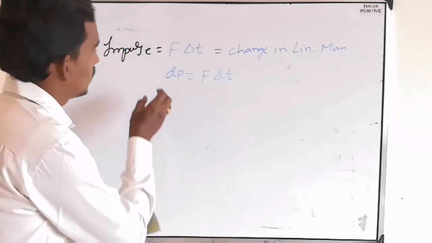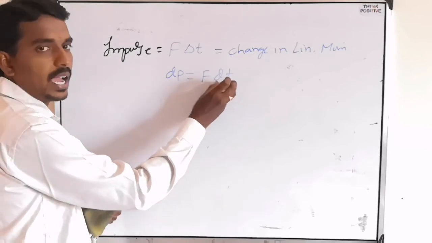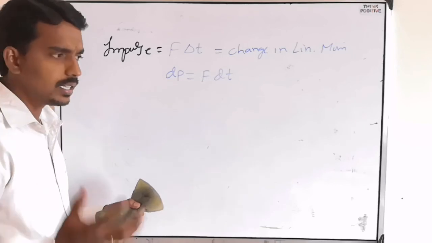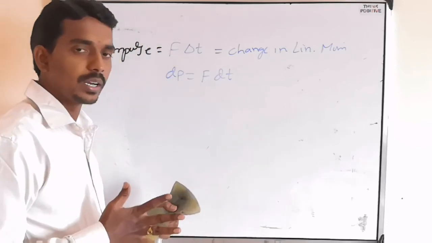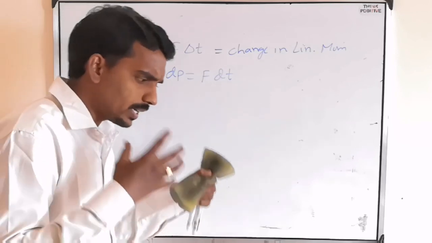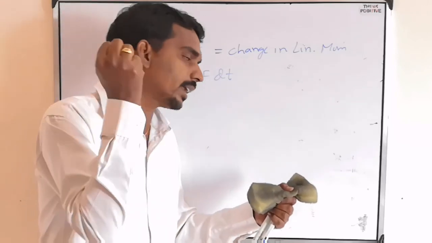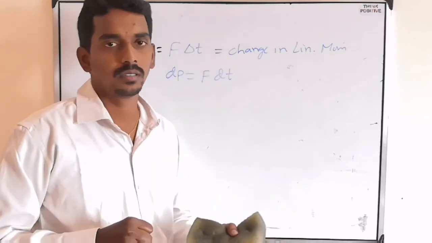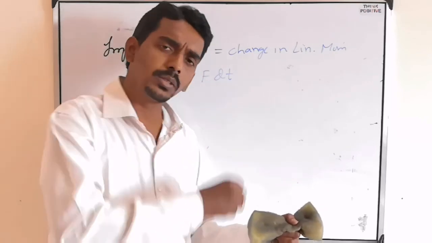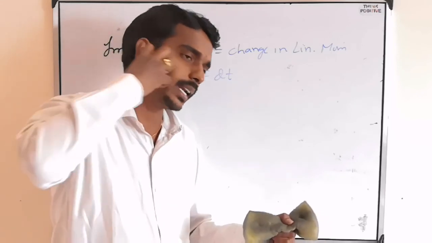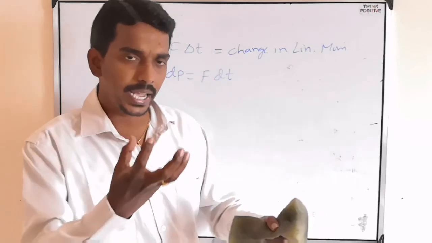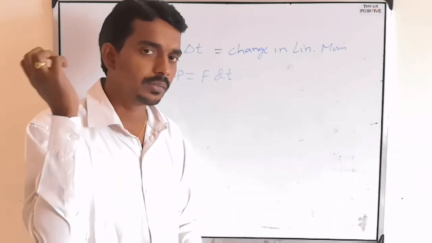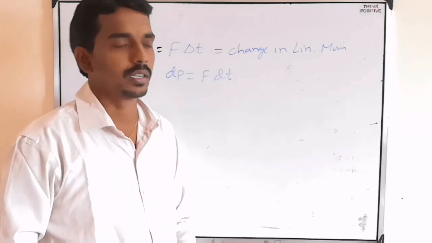That force and the time interval will give you the impulse, because the ball is not in contact with you for a long time. Or else if I take the same ball in my hand and I am trying to push you with that ball, then that is not impulse. I am applying the force with the ball only, but I am holding it and I am trying to push you. But if I take the ball and throw it to your face, then it will hit and go. Then it is called impulse.